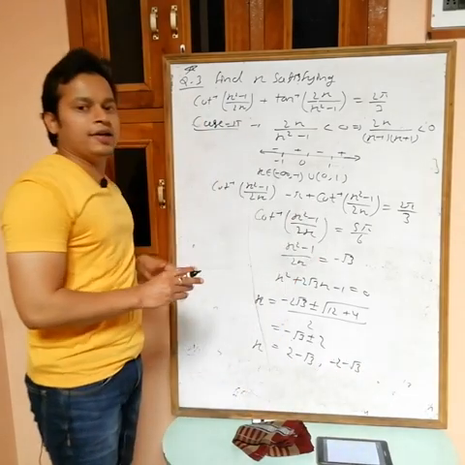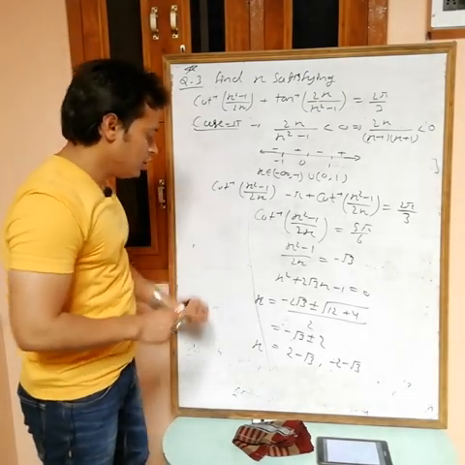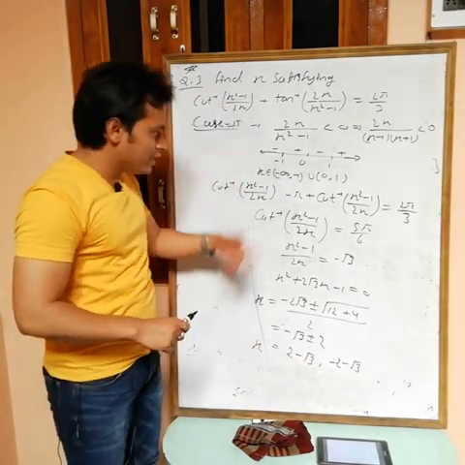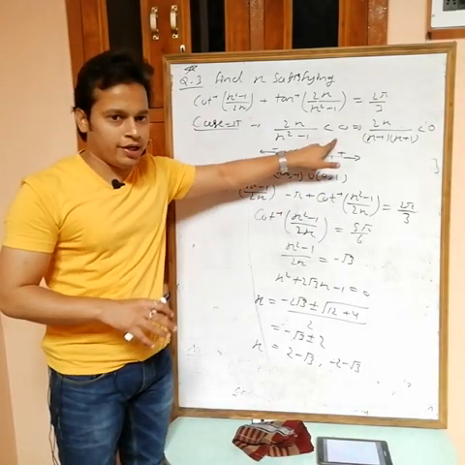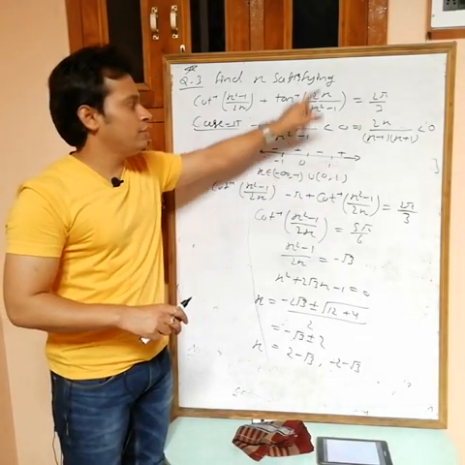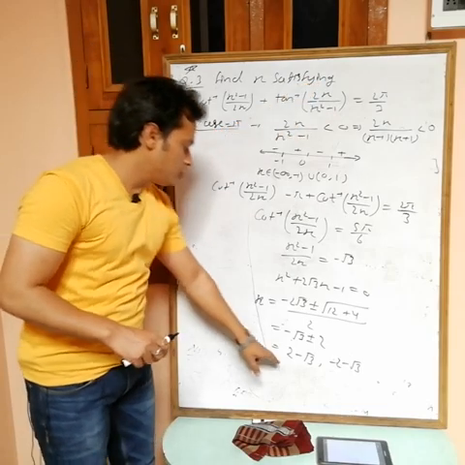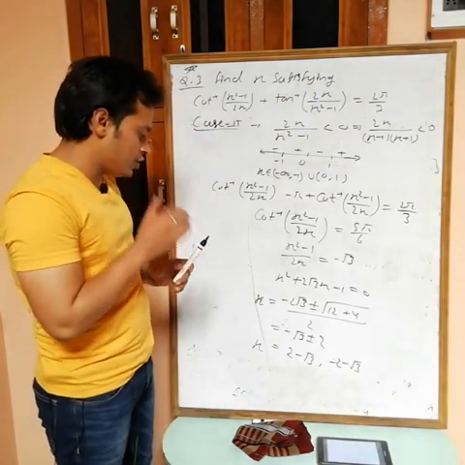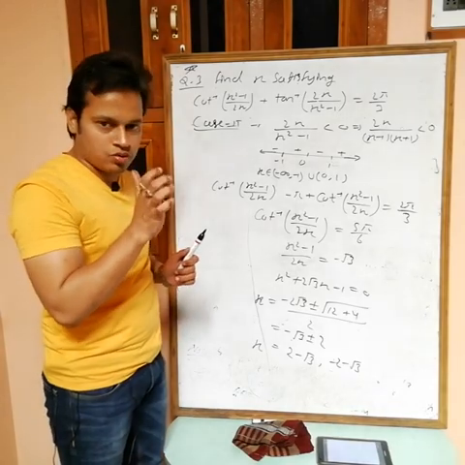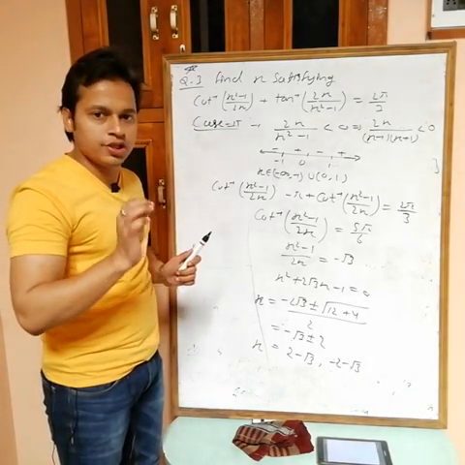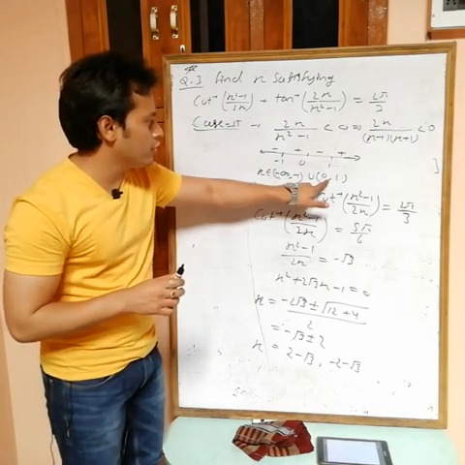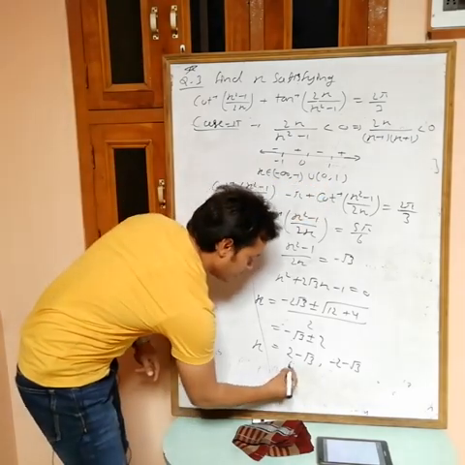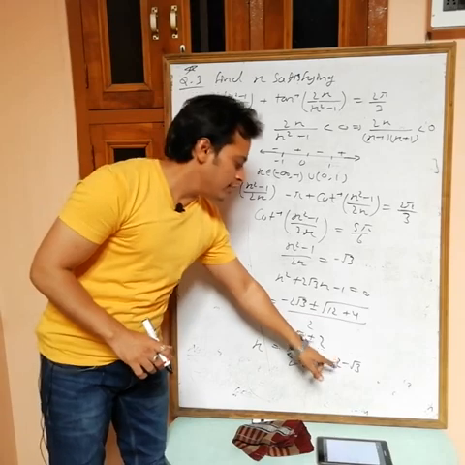Now check, can I take both or any one? So first this one, because x must belong to this interval now, because only for these values of x this becomes negative, and I am using this case when this one is negative. So 2 minus root 3: 2 is equal to 2, root 3 is 1.73. So this value is 0 point something. 0 point something lies in this interval, so I can take this one. Now check for minus 2 minus root 3.